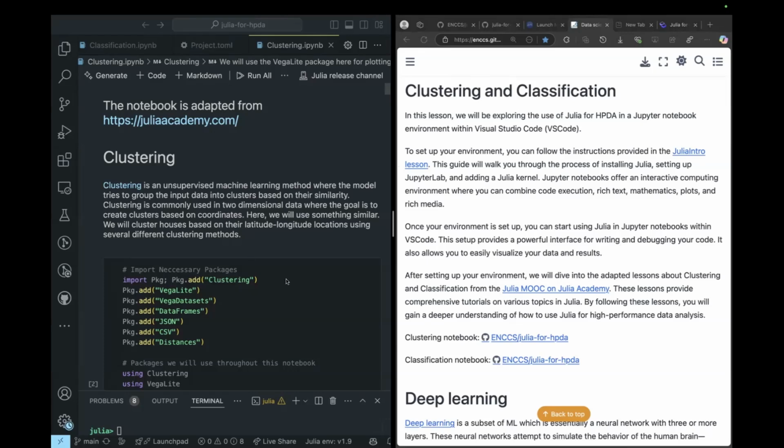And from my perspective, this setup provides a powerful interface for writing and debugging the code, and easily visualizing data and results from one window, so you don't need to open any other